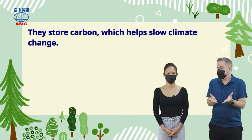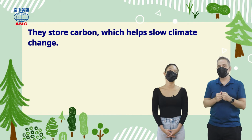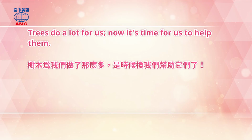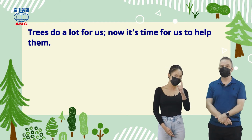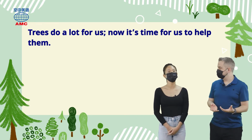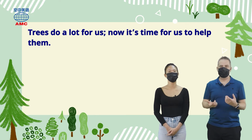So trees help fight climate change. They give out oxygen. They take in the carbon that heats the earth. And that's why the article says, trees do a lot for us. Now it's time for us to help them. 树木呢，为我们做很多事情，所以现在是我们来帮助他们的时候了。 Exactly, and that relates to our warm-up question and also this special UN Day where we should raise awareness